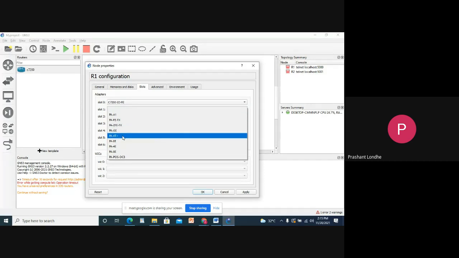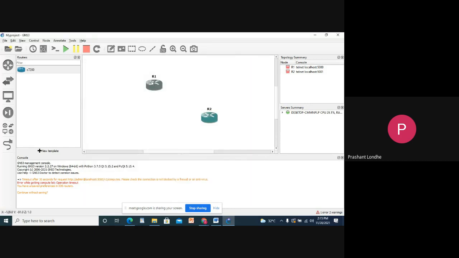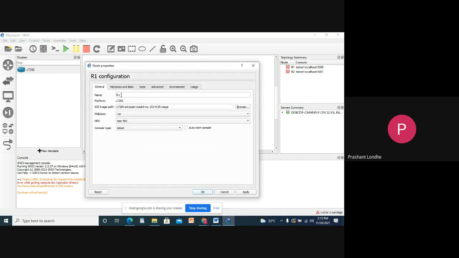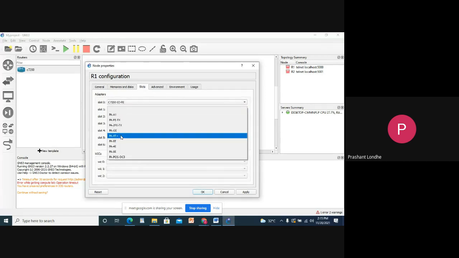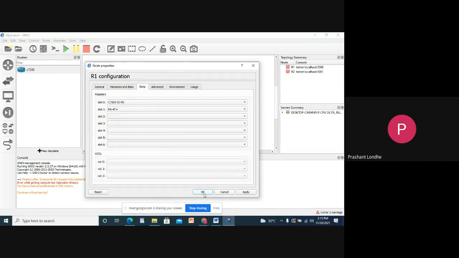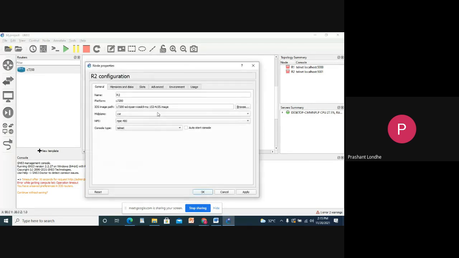Click on that router and you will get the interface like this. Or you can simply double click R1, open configuration, go through the slots, slot 1 PA-4T+, and click OK. Similarly, you are supposed to do this for the second router.